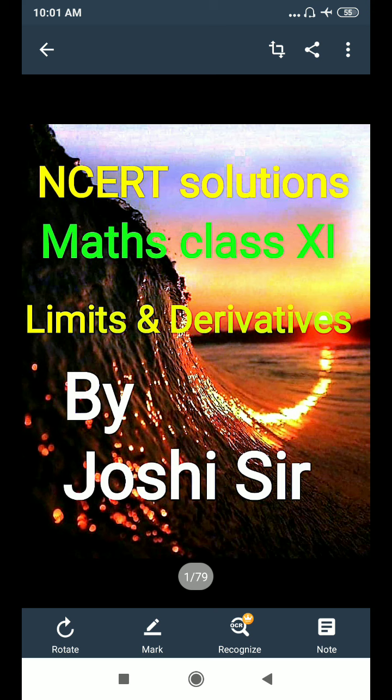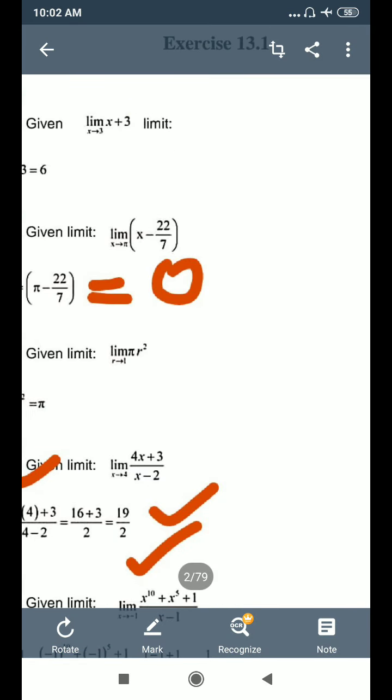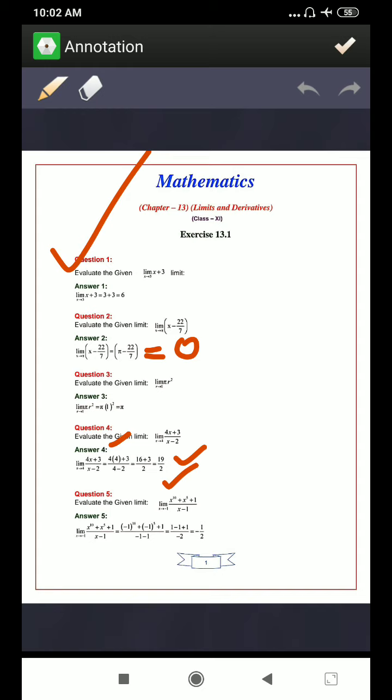Till question number 12 we completed in the previous class. So from question number 12 onwards we'll find a few questions based on the chain rule. So I will explain the chain rule briefly. Most of the questions related to the chain rule in class 11th NCERT are based on one particular form. So I will explain that form first before solving other questions.